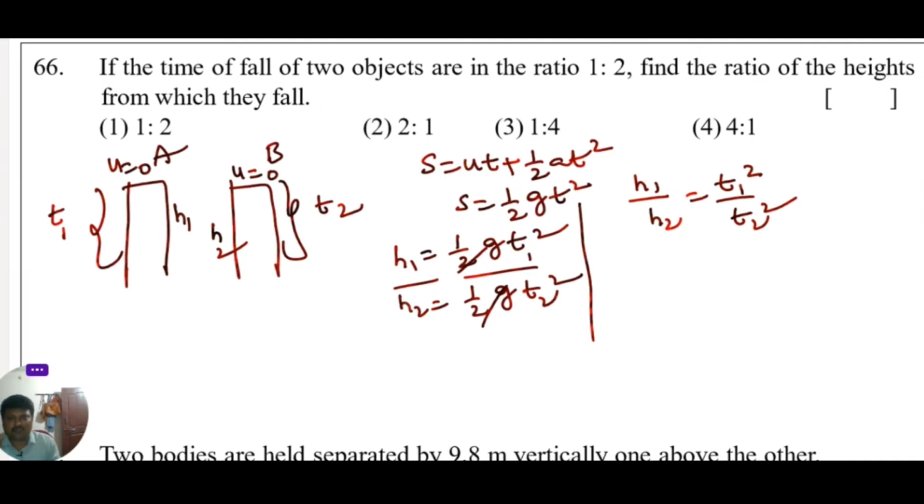The time of fall of two objects are in the ratio 1 is to 2. So in the place, T1 by T2 whole square. This ratio is given 1 is to 2, that is squared, that is equal to 1 is to 4. So 1 is to 4 is the right answer. Option 3 is the right answer. Next go to